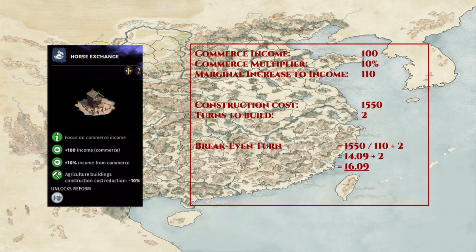This does not make it a bad investment or a good investment, because in a vacuum, you aren't comparing it to anything. This idea becomes vital when you have a choice of multiple buildings to build or upgrade, because then you can easily calculate the break-even turns for all of the buildings or upgrades and build optimally. Because then you know if one building has a break-even turn of 16.09 and another has a break-even turn of 30, you should always build the 16.09 first. Otherwise, you're leaving income on the table and reducing the amount of cash you have on hand for other uses